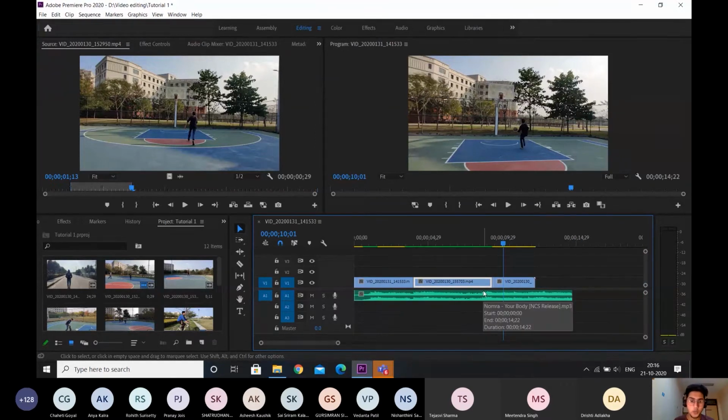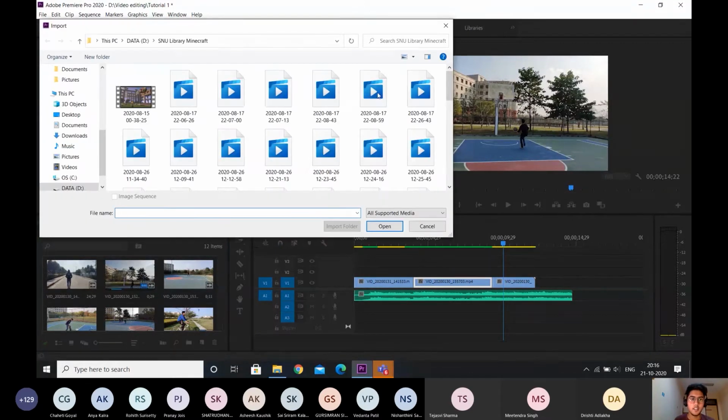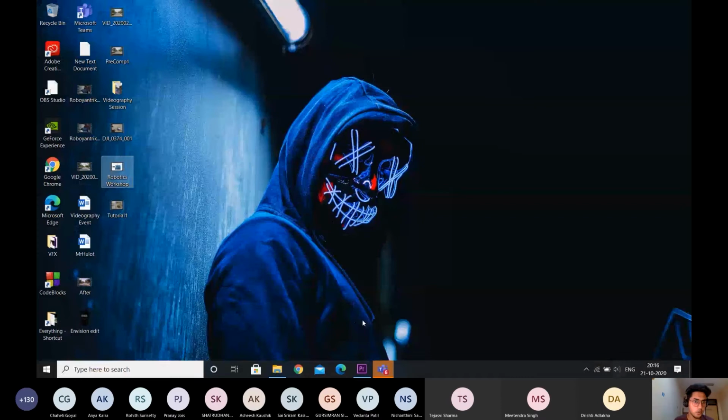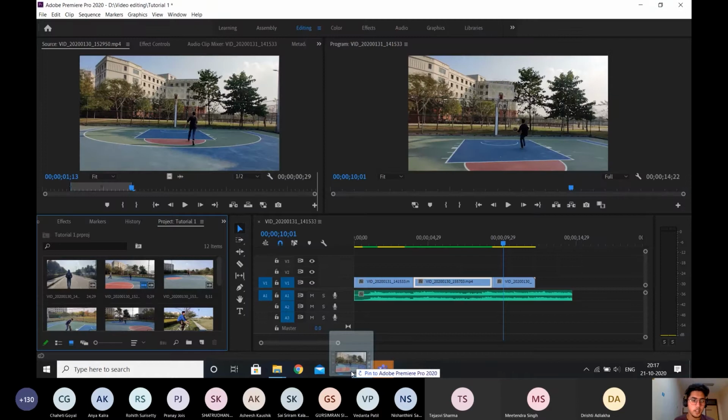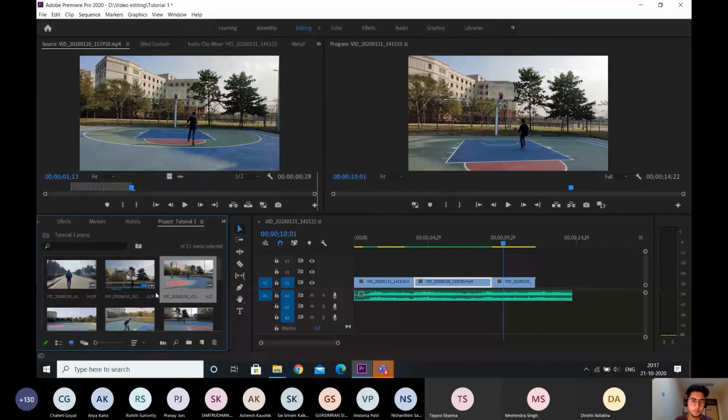Now talking about the different windows. So this particular one, which is highlighted in blue right now, is the timeline where all the magic happens, where we perform all the tasks. This over here is the import section. If I want to import any video, I'll just double click on this and the file manager opens. I can search for any video and if I want to open this, I'll click on this and I'll press open. The other way to do it is that basically if I want to bring any video from here, suppose if I want to bring this particular video, I'll just click on it, hold, and drag it to Premiere Pro, release it on top of the import media section, and the video has been imported.